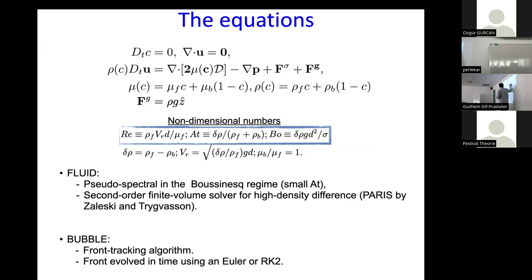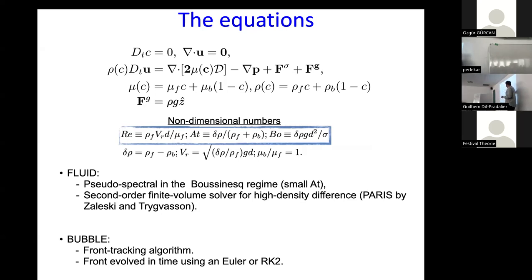We have the Navier-Stokes equation, where now density is a function of composition, right? When you are in a bubble, you have one density. When you are in liquid, you have a different density. Viscosity also, in principle, is a function of composition. And how do you evolve bubbles? Bubbles are evolved as a front, okay? And this front is moving through the fluid, interacting with the fluid. The front can deform, and as it deforms, it modifies the fluid in the vicinity. All right. And how do we solve this?